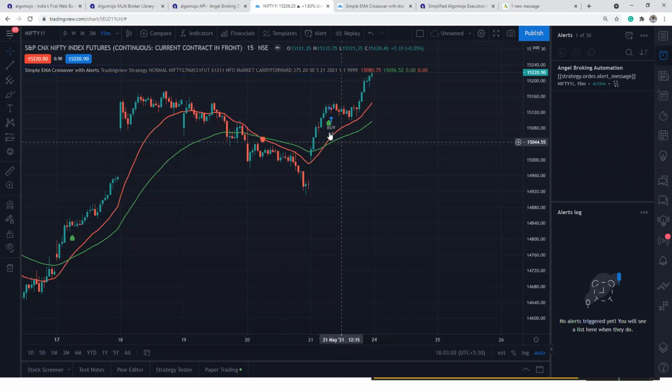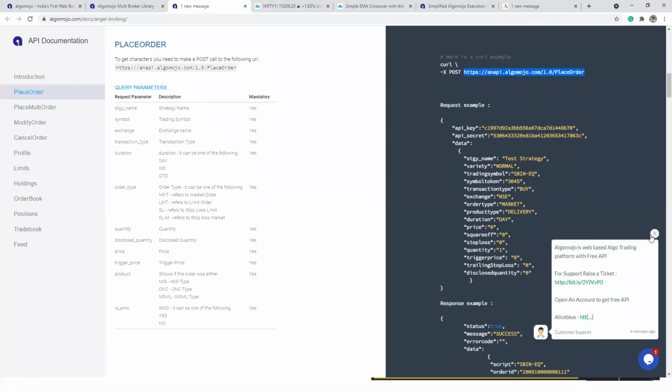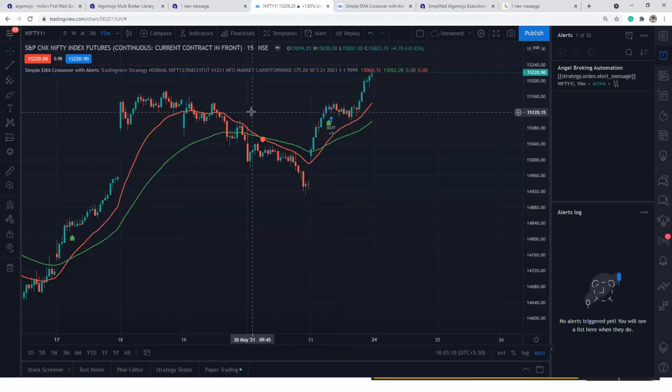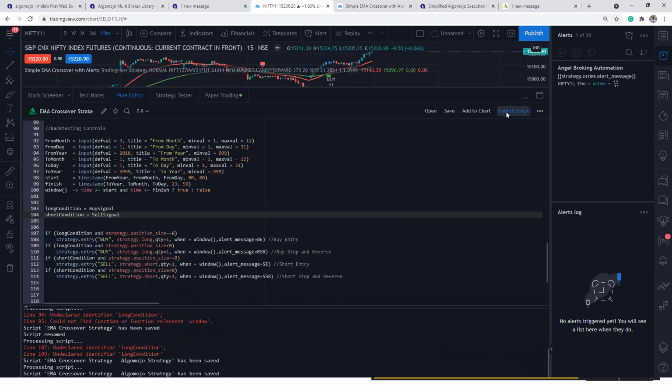So I'll do one thing. I'll publish this code. Later on, you can go back and verify it. Anyway, here is another strategy also. This one, I'll try to publish it. Later on, you can go and check what the modules are and how I created them. The entire code, you'll be able to see it. So for publishing it, what I can do is click on publish scripts.